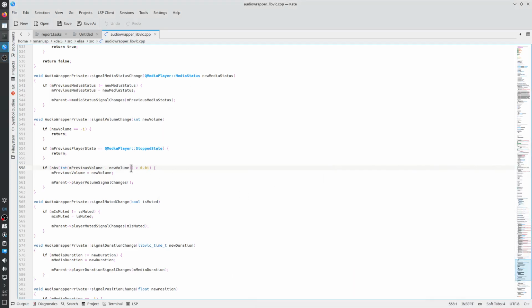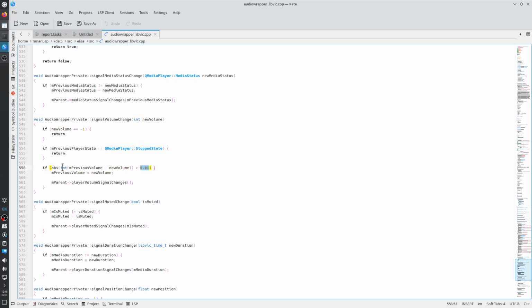Okay, so the problem is on line 558, which uses the variable which is the argument, the parameter to the method signal volume changed, named new volume, and the parameter is type int. So new volume is int, but then it compares with 0.01,